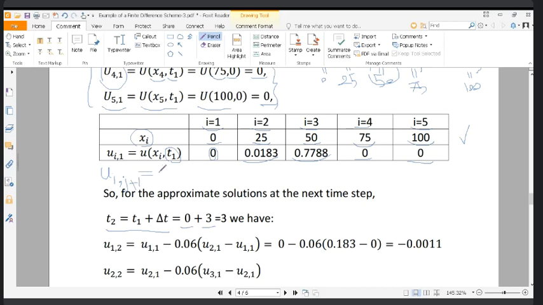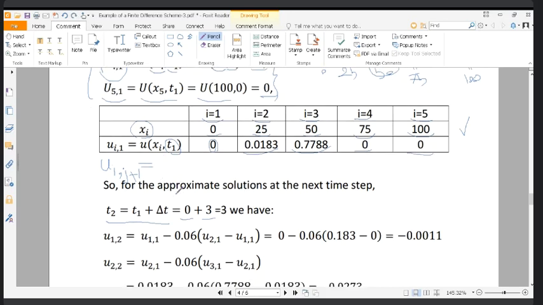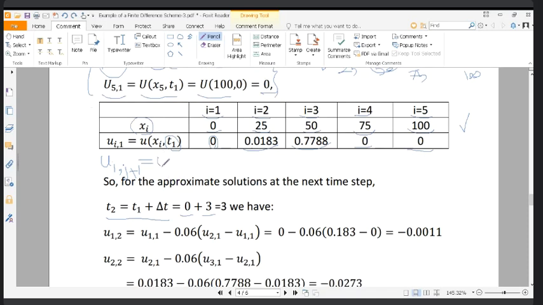I try to write it, and it's very hard. u of i and j minus